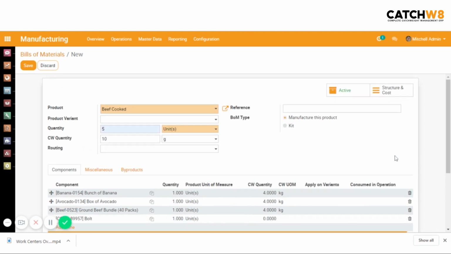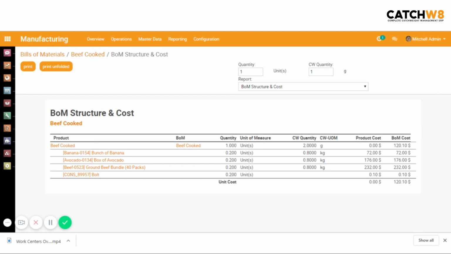Now after this, you can see a button here that is structure and cost. So click on it. You will get a new window here. This is the overall view of the bill of material structure and the cost. Here we can see the products